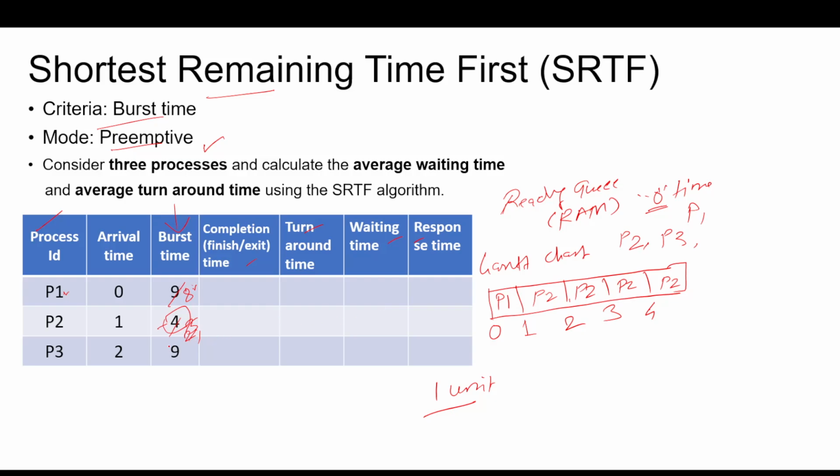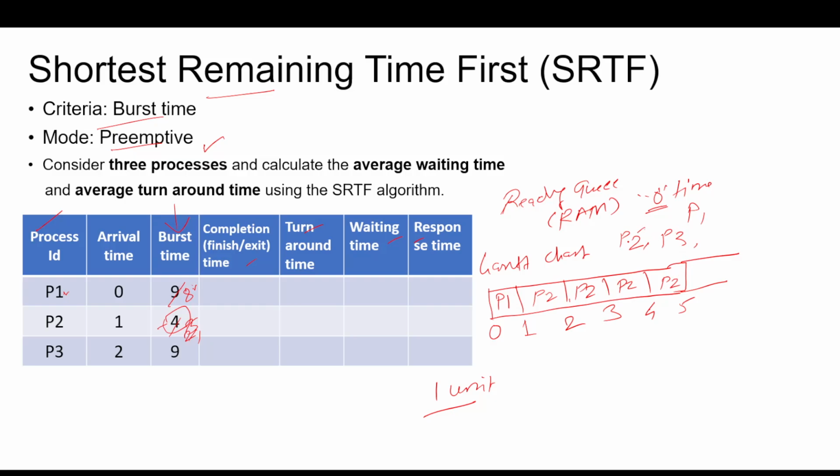Because the shortest timing in between these three processes is much less for P2 as compared to P1 as well as P3, because P3 has 9 and P1 has 8, and P2 has 4, 3, 2, 1. So that is why till 5 we can execute the P2 process. Okay,